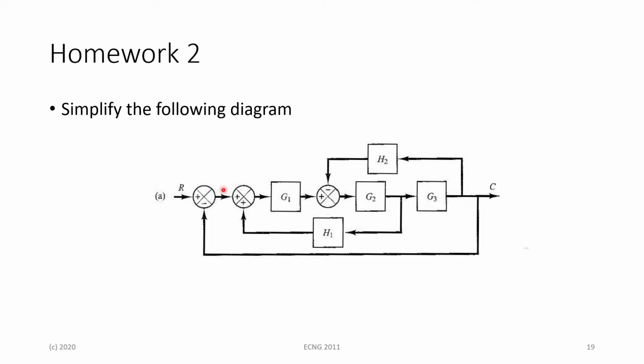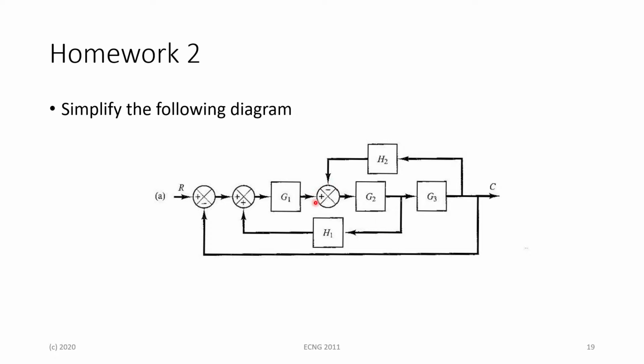And then you can just keep on doing the same strategies here for your feedback systems to keep on reducing them, or if you have a feed-forward system, you can do the same thing as such. So the trick is to always try to get some feedback or feed-forward system which you can reduce to eliminate